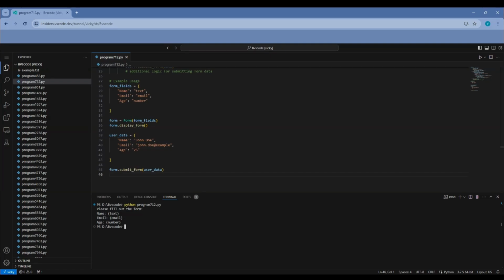enhance customer satisfaction. Creating and handling forms play a pivotal role in streamlining data collection processes and ensuring data accuracy across various